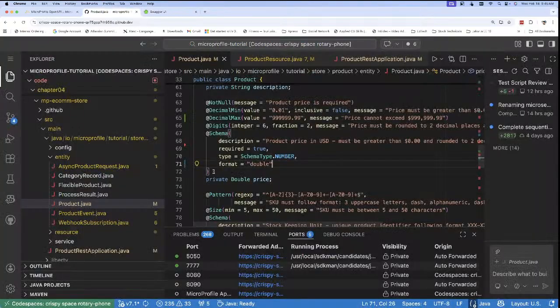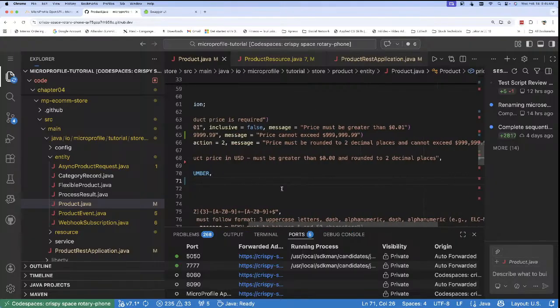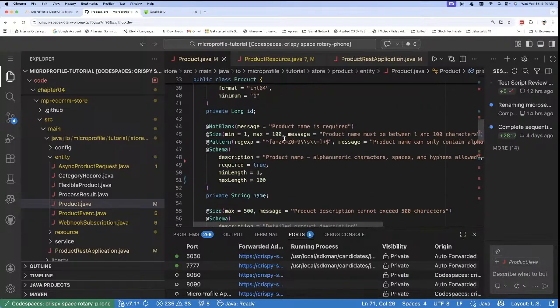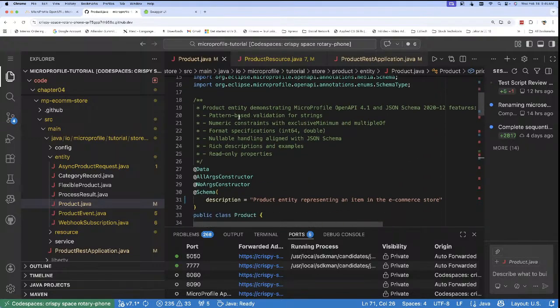Now, do we have a pattern match here? No, we don't have the pattern match here. So we see how pattern matched validation for strings works, how numerical constraints with exclusive and multiple of work,